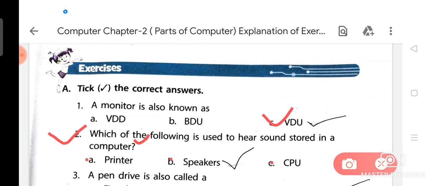In your chapter you have already read that the full form of CPU is Central Processing Unit. For this question, option B, speaker, is the right answer.